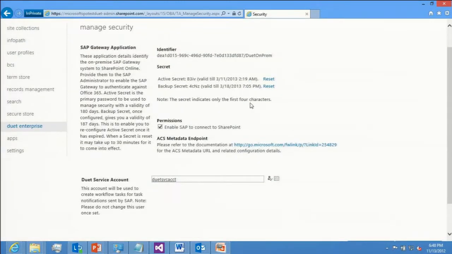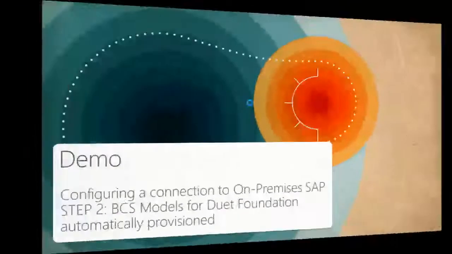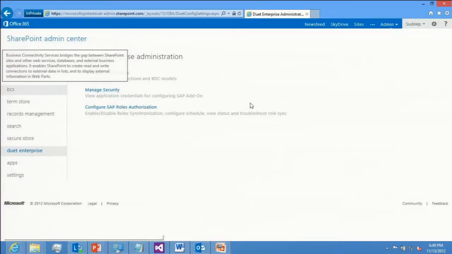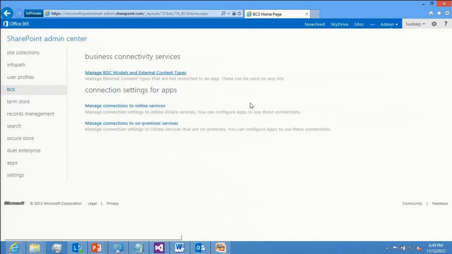So once you do that, you've configured connections. You selected from a set of connections, and you've configured the credentials for the ACS. But you still have to set up the credentials yourselves. And this step is done before. So if you go to BCS, what you can do is